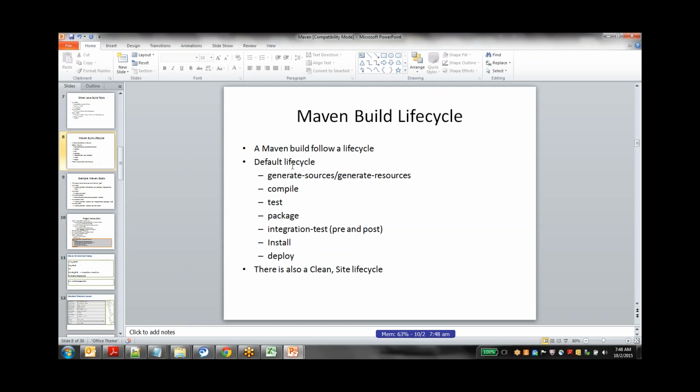Always work in the same order. That means the first thing it is going to do in Maven is, whenever you are invoking something, the first step is it is going to first generate